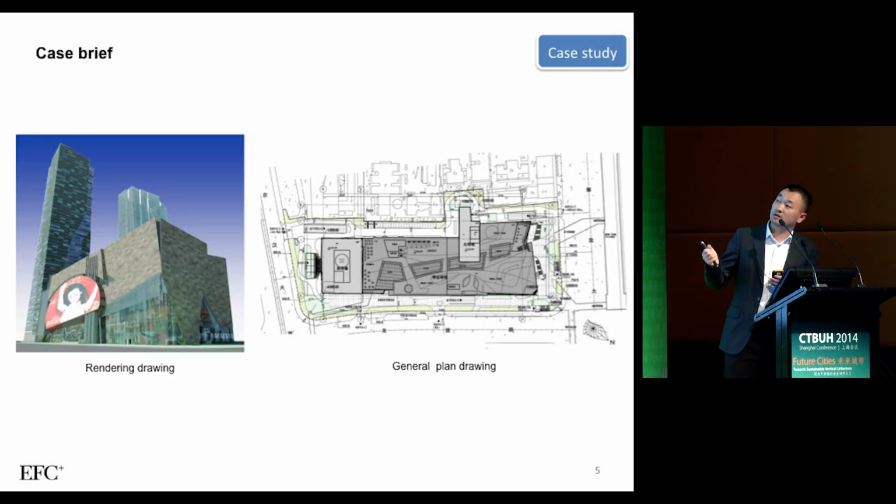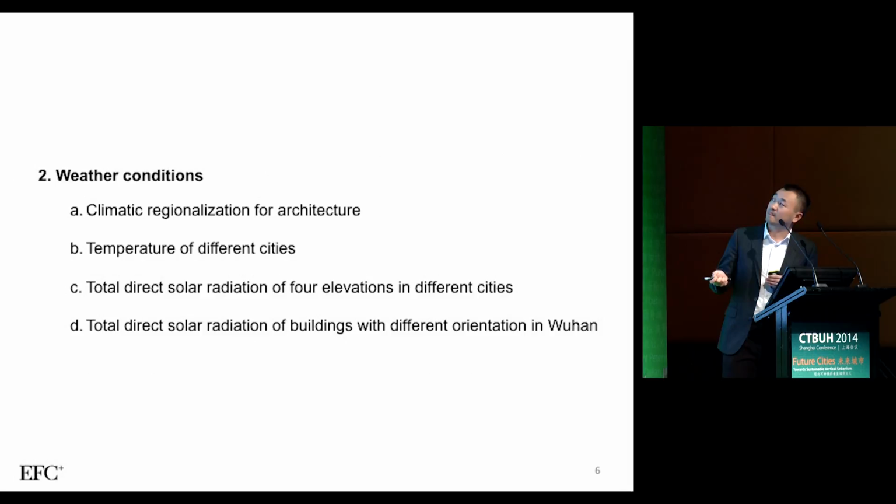So this is a very special case in Wuhan city. This is the rendering, and this is the plan. The design is facing the north side. So this is the plan. And for the weather conditions, we have four different